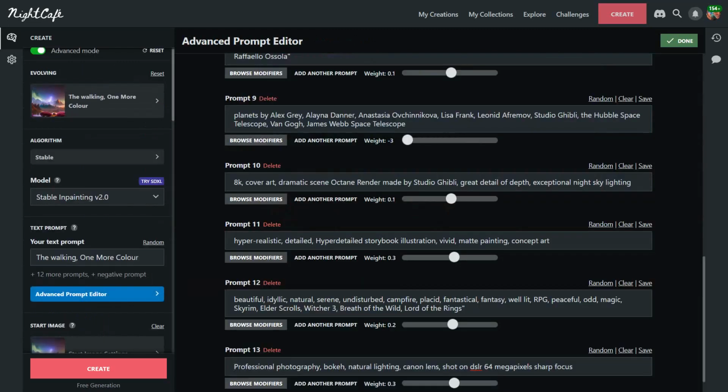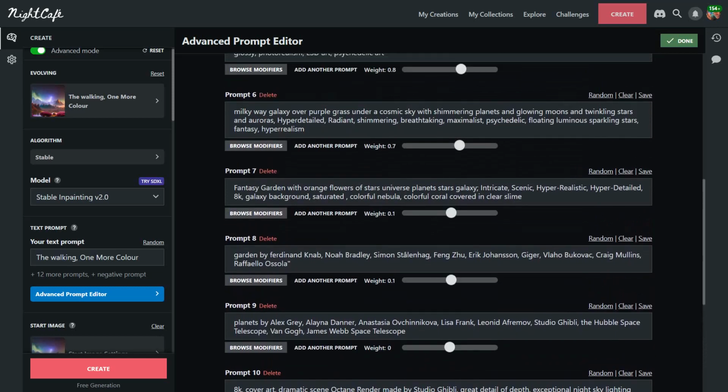And I'm going to shove these down. Whoops, not to that. I'm going to put them down to 0. So they will not be used in the next drawing. Because all I want is a planet to be drawn in that sky. And that's it. I don't need anything else. I don't need a garden right now or anything like that. So I'm just going to make these 0.